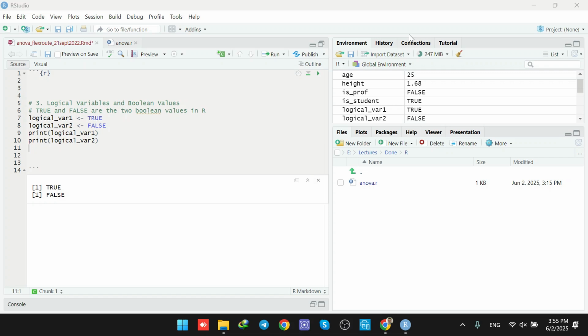In today's video, we're going to discuss logical variables and Boolean values. Okay. So true and false are the two Boolean values in R that we have. So for example, in order to have a logical variable, we need to assign a Boolean value to it. Okay. So for example, here I am assigning the true Boolean value to a variable which is a logical variable